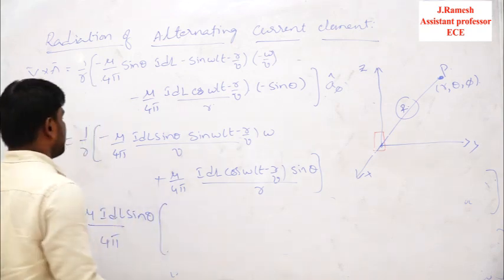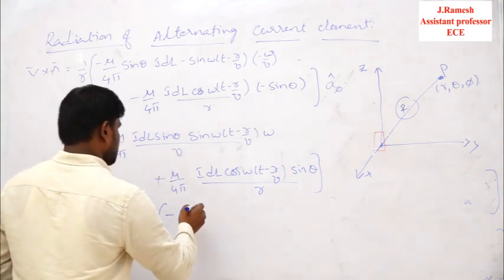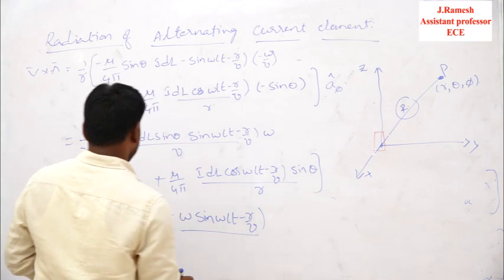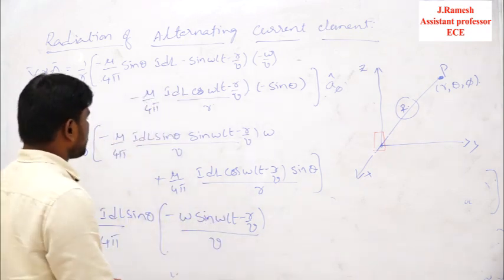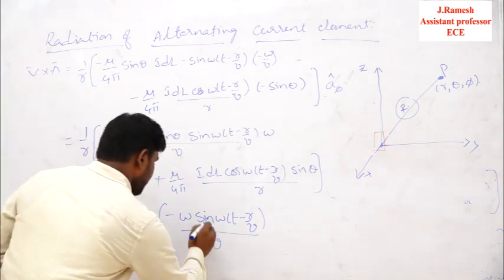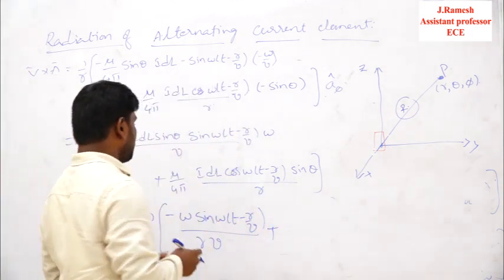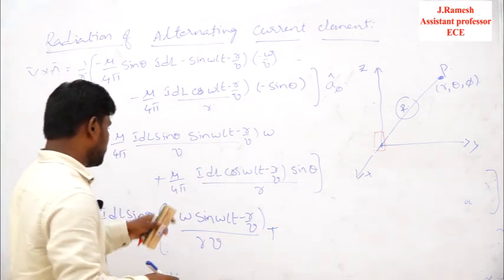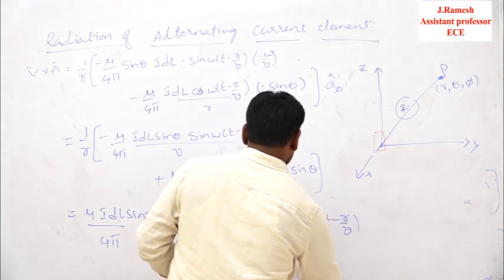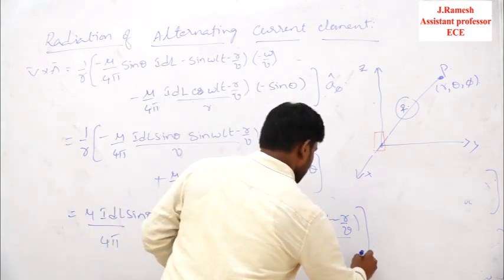and what about the remaining elements? So minus omega into I dl sin theta, I already took the constant common, sin of omega into t minus r by v, divided by this r v. So next, the r term is also there, I am just sending the r term inside, that is rv. Now what is the second term in this? So mu by 4 pi, take it as common, I dl sin theta also common, 4 pi. So what we have in terms of cos of omega into t minus r by v by r. So r, these are also there, so this is r square.